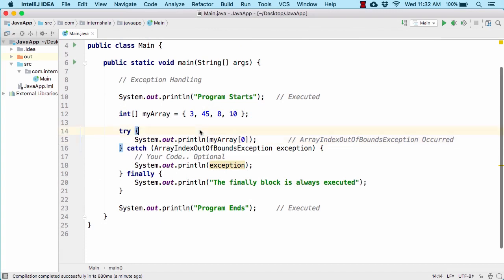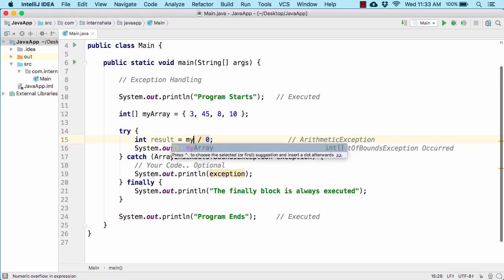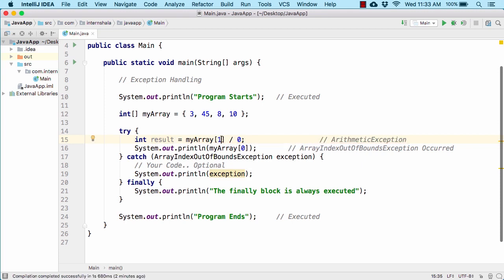Inside our code, suppose here I use int result equal to my array index of 0, or let's say 145 divided by 0. Now in Java, when we divide a number, let's say 45 by 0, we get an error known as the divide by 0 error, or in short the ArithmeticException. So we cannot divide a number by 0 in Java, it will simply result in an error. So let us revert it back to my array index of 1 that represents the number 45. Now let us run the code.